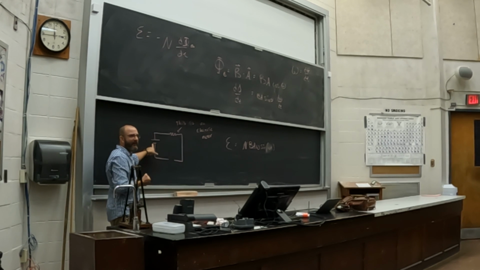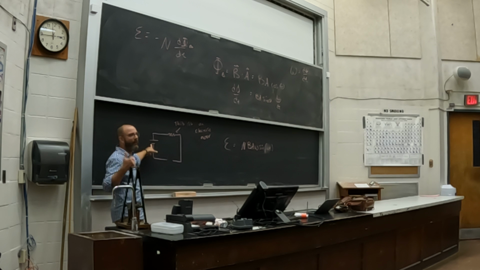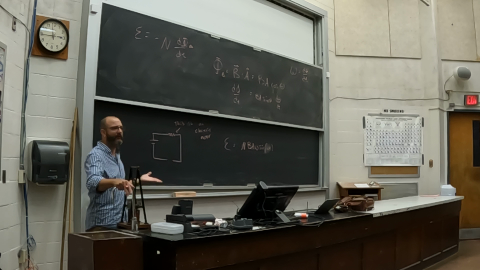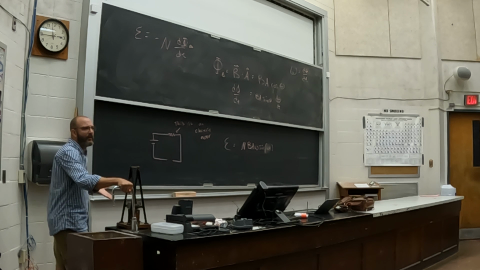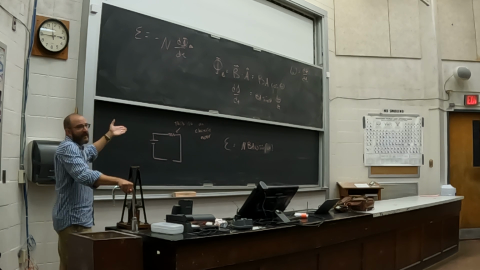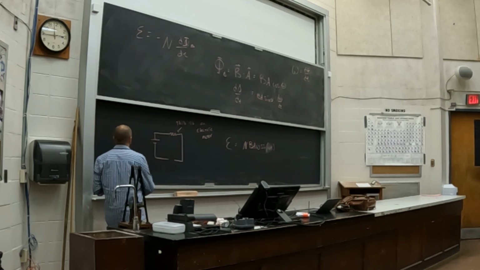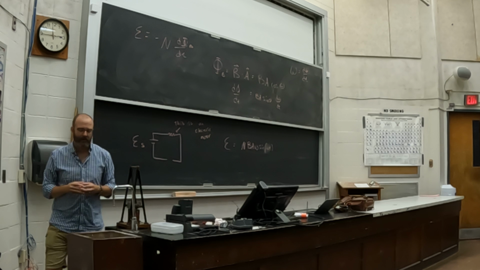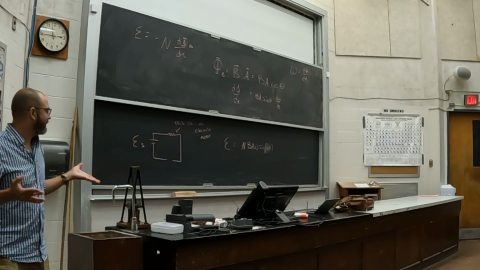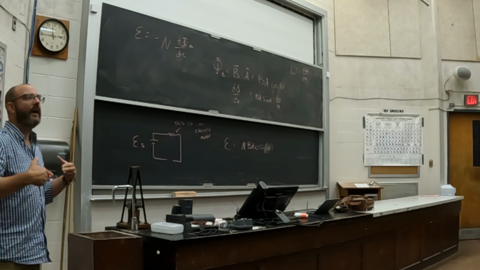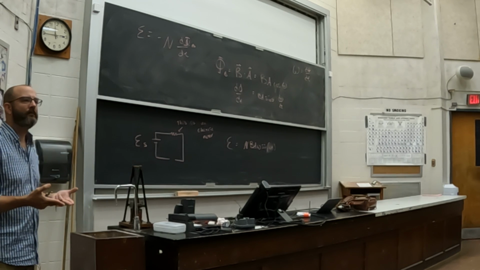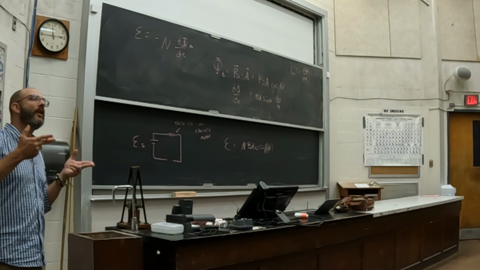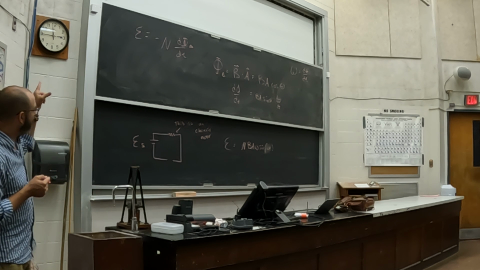This is my source EMF. It's a battery if I have a small motor. It's my wall if I have some sort of transformer to run a big motor. But I have a source EMF. That doesn't change, of course. We'll say this is E source. It's constant EMF. So I start to spin the motor, and thereby I induce another EMF that seeks to oppose